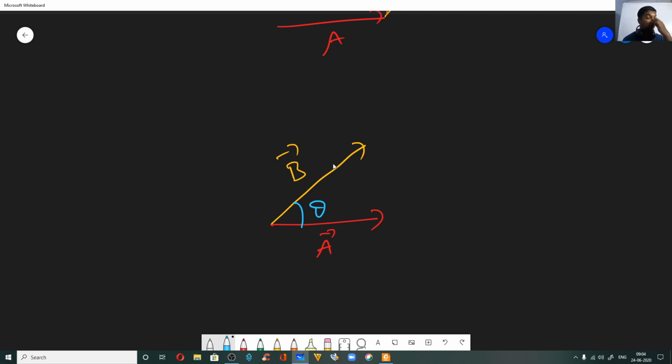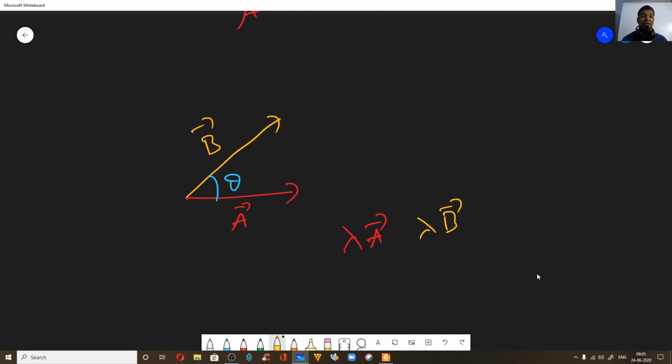Now let us say you are multiplying a and b by a common factor lambda. So we are interested in getting lambda a and lambda b. Lambda, say it's a positive real number, like 2. You can assume lambda as 2. It can be any real number, it can be negative also, but to understand the diagram I just asked you to take it as 2. Now what are we doing here? 2 times a and 2 times b.